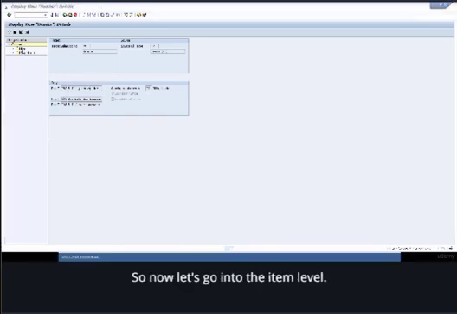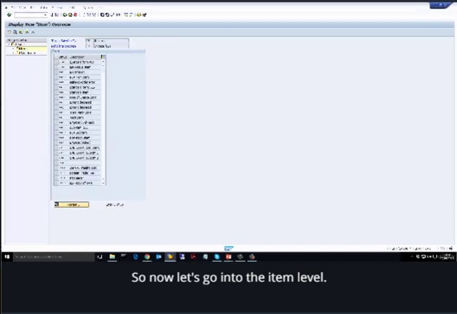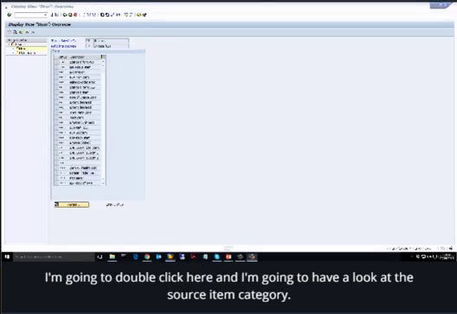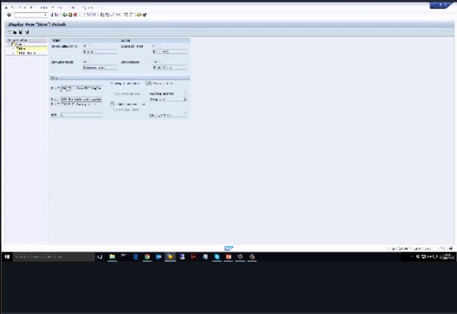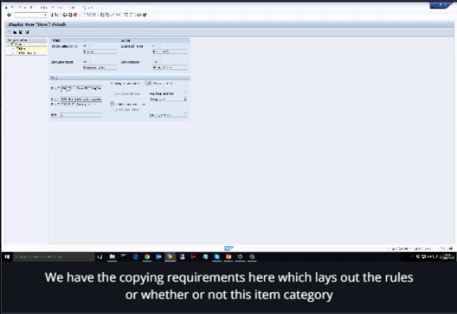So now let's go into the item level. I'm going to double click here, and I'm going to have a look at the source item category, in this case the standard one, which is TAN. And again, we see it's divided like before. We have the copying requirements here, which lays out the